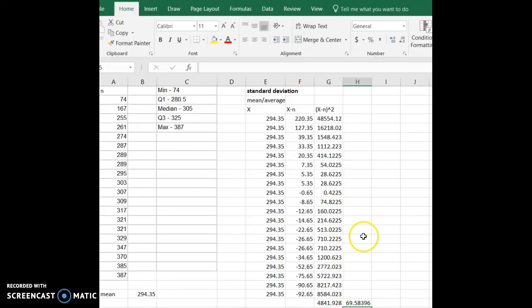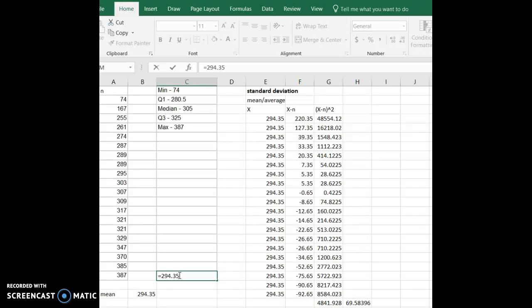So what I'm saying is the average difference of each of these numbers from Matthew's results from the mean, which was 294.35, the average difference is about 70. So what am I going to do with that? Glad you asked. Now remember, standard deviation says what is the average difference away from the mean, and here is my mean over here. So what I'm saying is this is the mean, 294.35, and it's saying that most of the numbers are equal to